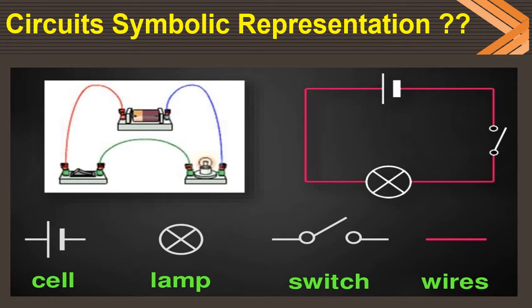The symbolic representation is here. If you observe, this is the cell, lamp, switch, and the wires. So this is the circuitry, and you can observe this with the help of the components. Here the connectivity is there. Here two switches are there, one lamp, and the cell. This is the switch, here is the lamp, and here is the cell with positive and negative applied. In this way you will be able to observe the whole circuitry is a closed path. If you start from here, this is the cell, here is the switch, here is the switch, and this one is nothing but the lamp.